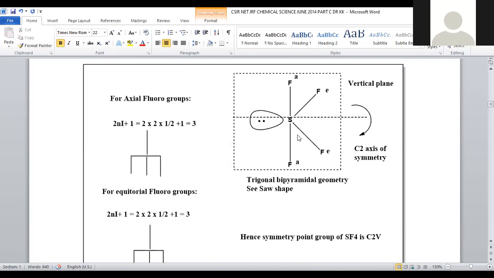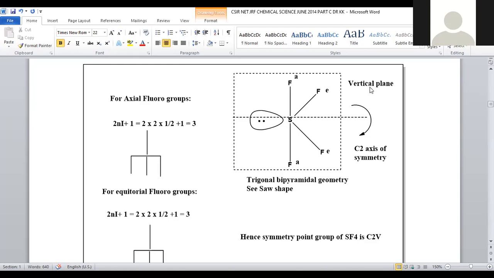In order to predict the point group symmetry, the molecule is drawn with the hypothetical line, and we are rotating the molecule along its axis, right? Upon rotation, there is a possibility of C2 axis of rotation, because after rotation, it will be reflected with identical moiety, so that you can say C2 axis of symmetry will be present within the molecule. And when we put a hypothetical vertical plane upon this, vertically we are going to bisect the molecule into equal halves, so that 2 equal halves get generated.